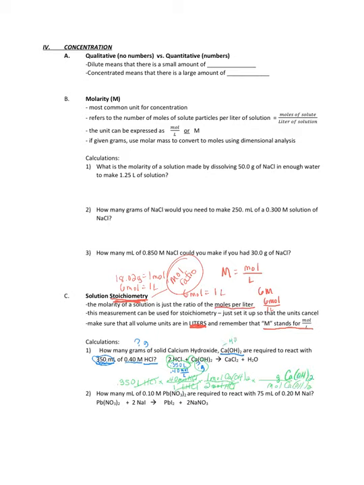Calcium is 40.08. 2 oxygens are 32.00, and 2 hydrogens are 2.02. So when you add all of those up, you get 74.10 grams, and again, that's in 1 mole of these. Moles cancel,